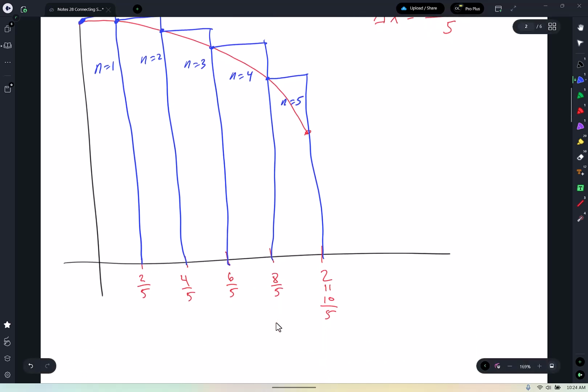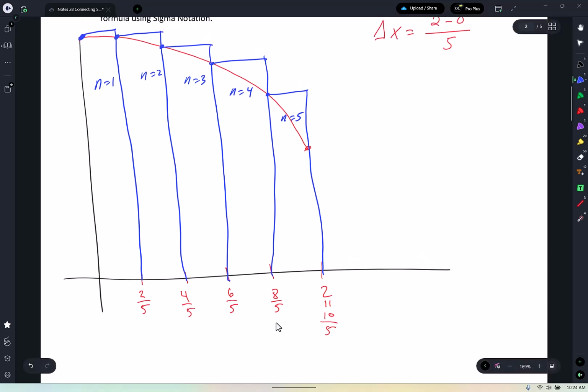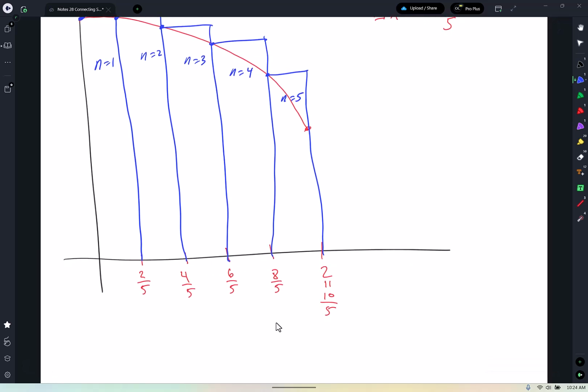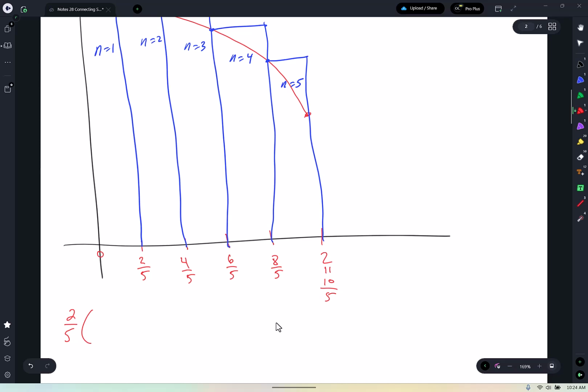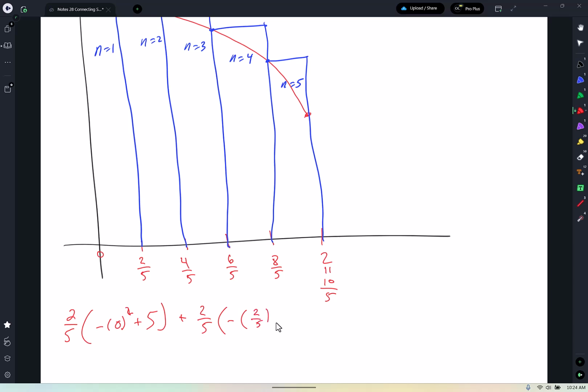We're doing the same thing, guys. All I'm doing is width times height. The width of each rectangle is still 2/5. And now the height is dictated by the leftmost point. So negative parentheses 0 squared plus 5. Plus 2/5 parentheses negative parentheses 2/5 squared plus 5 plus 2/5 negative parentheses 4/5 squared plus 5 plus 2/5